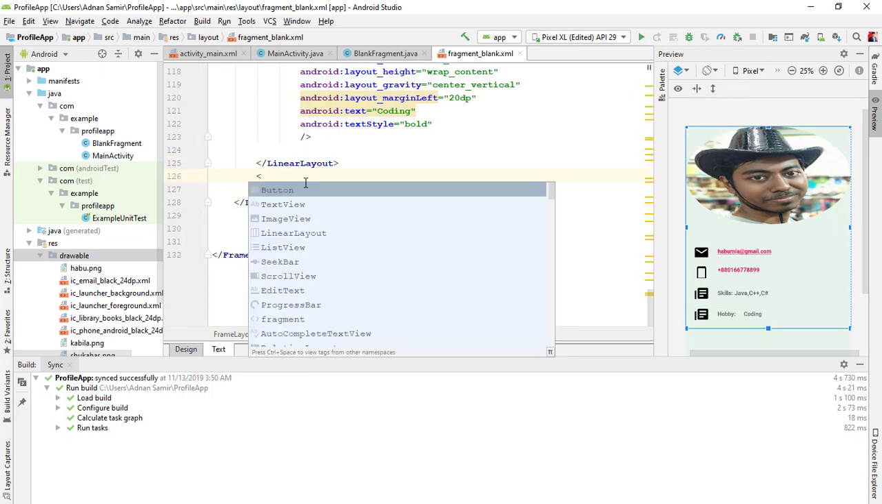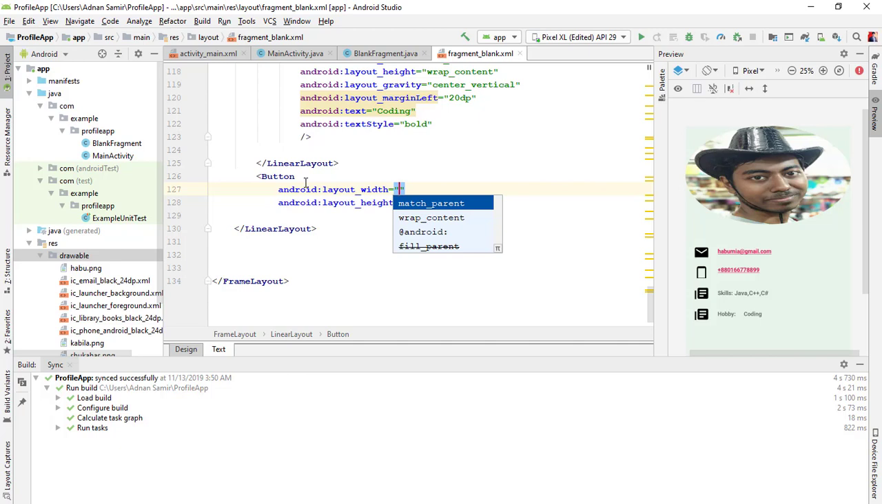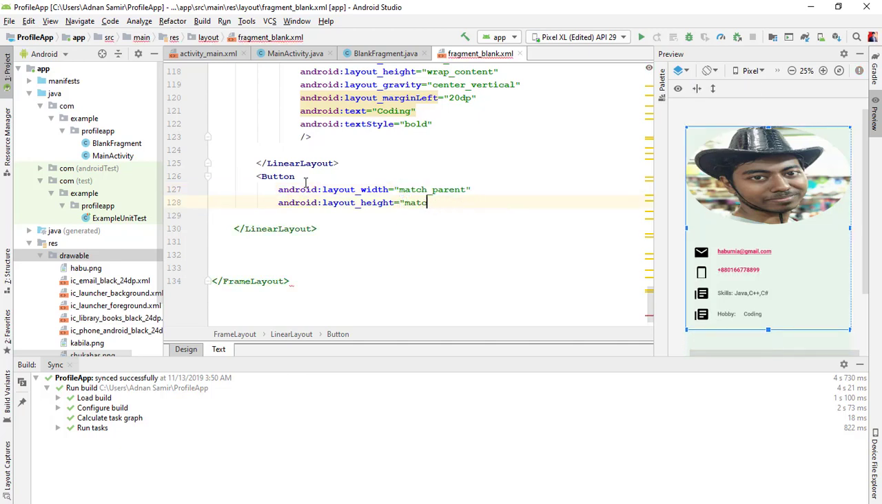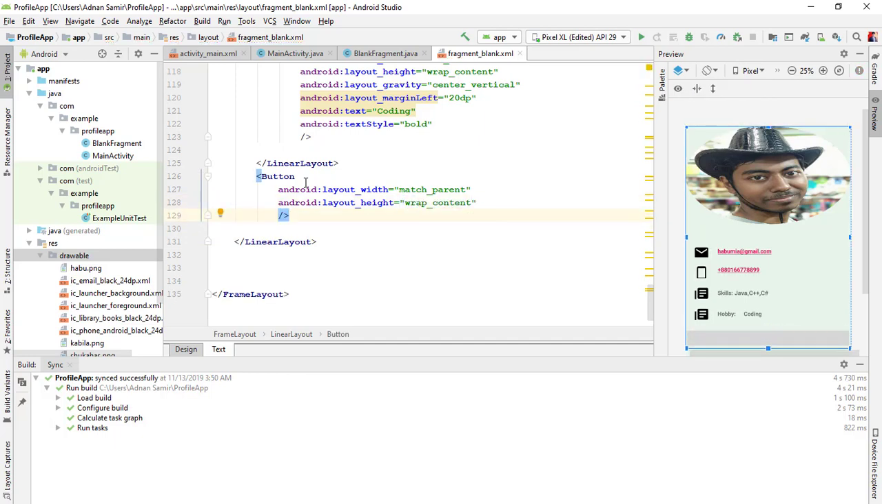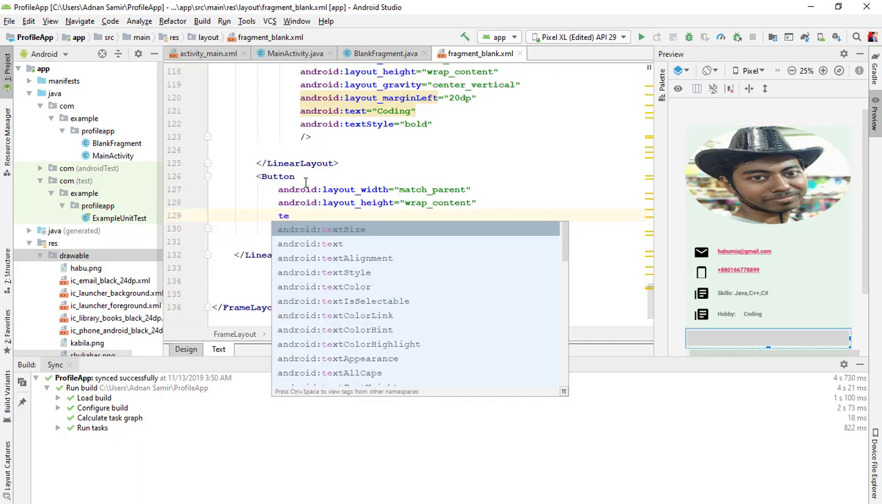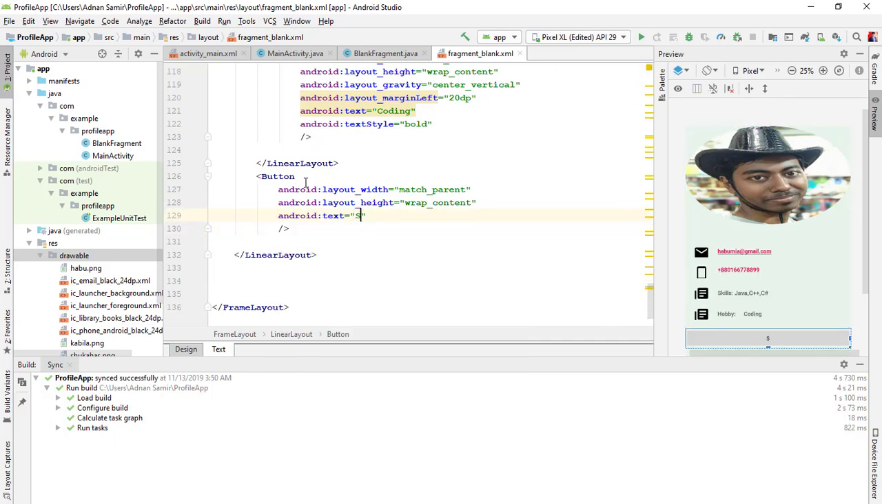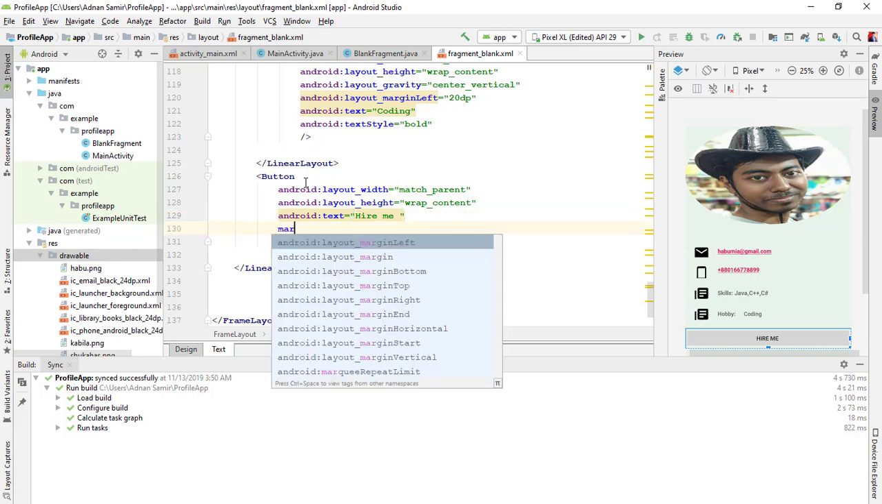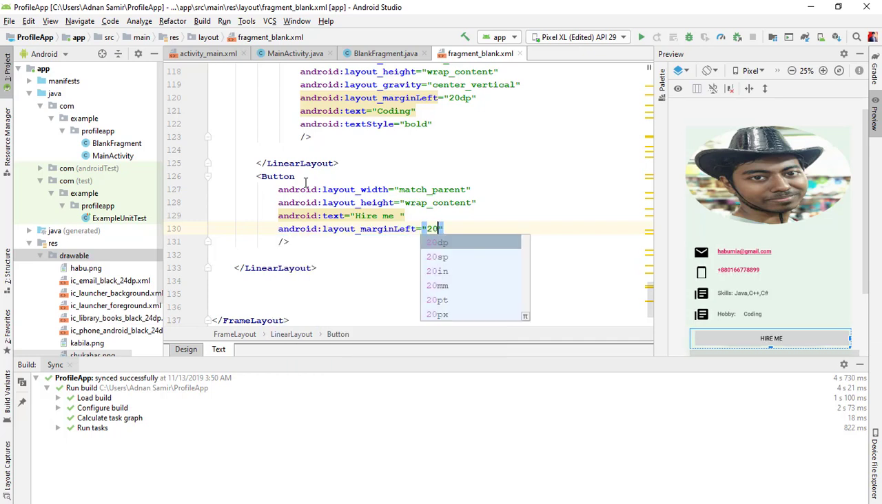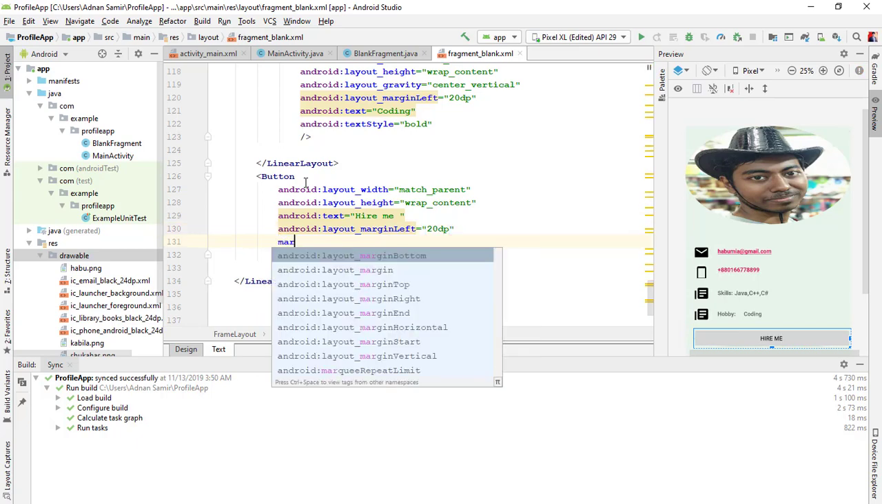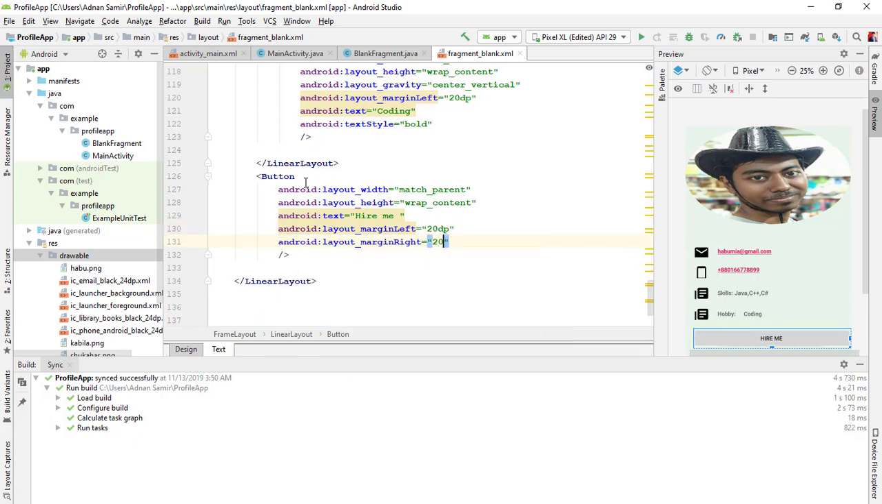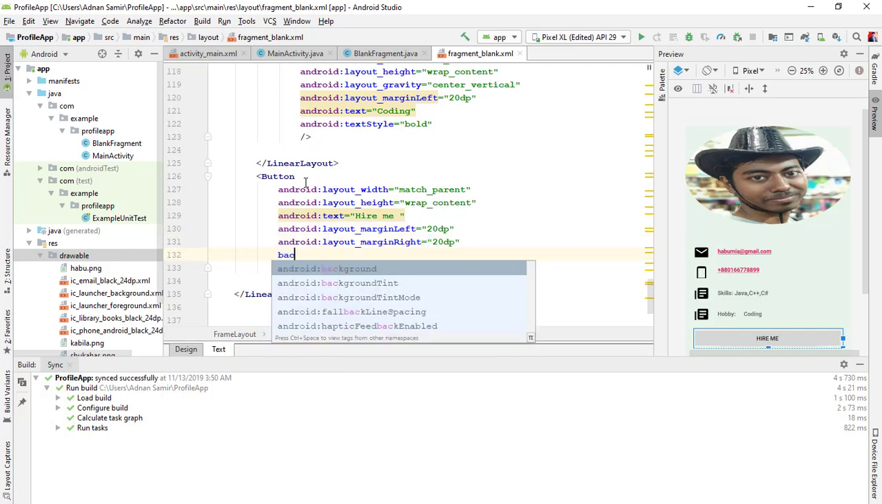Okay, we set a button in here, button with match parent, sorry, wrap content, text, hire me, margin top, margin left 20 dp, margin right 20 dp, 20 dp, and background will be